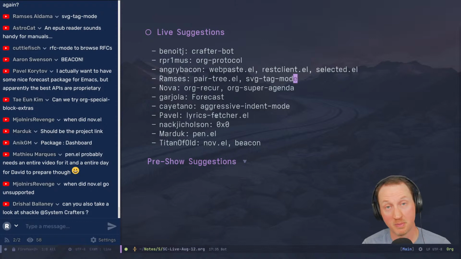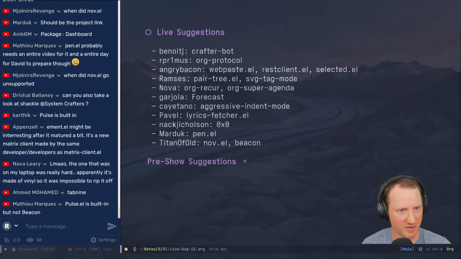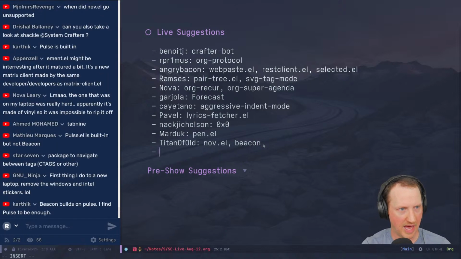Probably not everybody knows about it, but it's pretty common. pen.el probably needs an entire video for it. Yeah, I don't even know what that is, so we're going to have to look at it. Pulse is built in. Yeah, Pulse is definitely built in. Appenzell says ement.el might be interesting after it matured a bit. Well, we may still try it because Garjola also recommended that one. So we can add it.